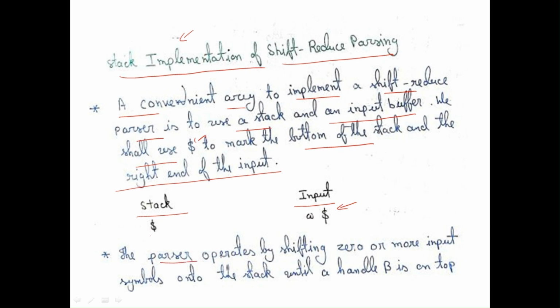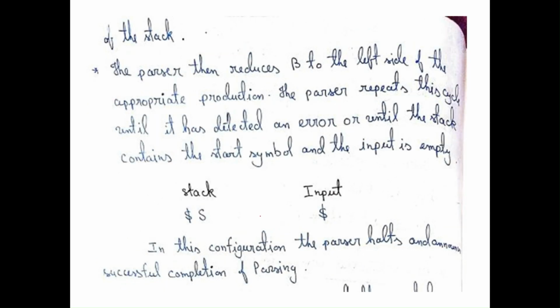The parser operates by shifting zero or more input symbols onto the stack until a handle beta is on the top of the stack. Then what happens? The parser reduces beta to the left side of the appropriate production. The parser repeats this cycle until it has detected an error or until the stack contains the start symbol and